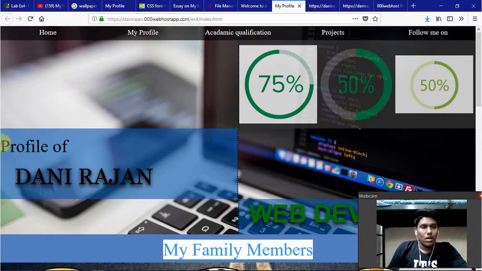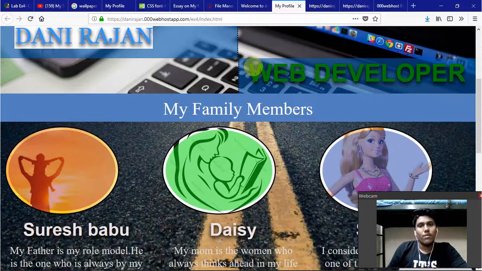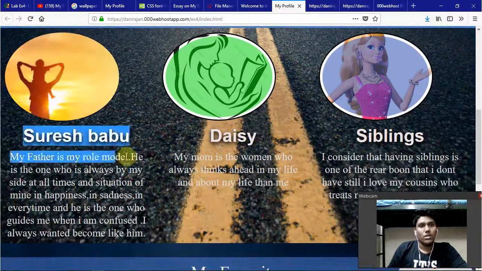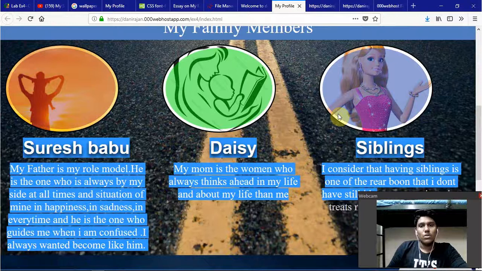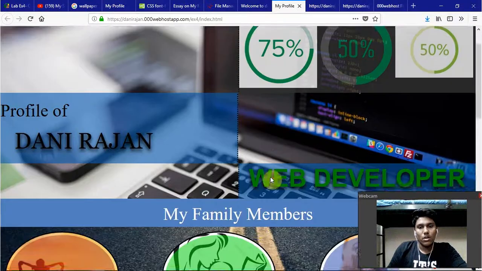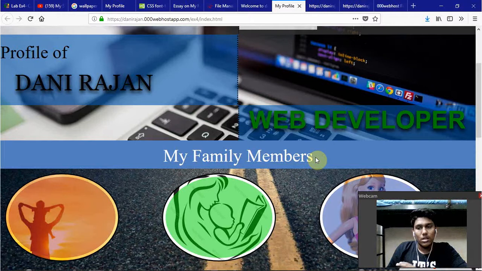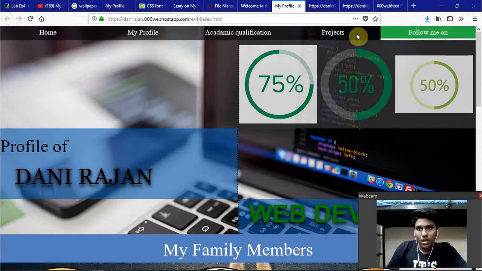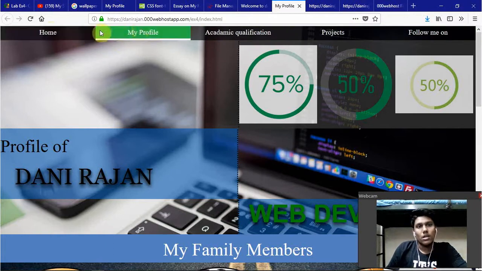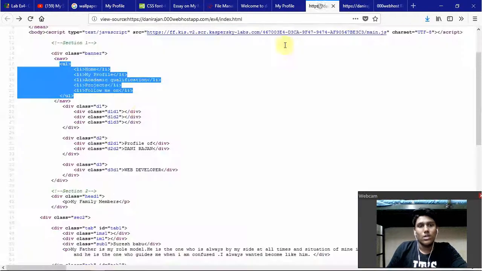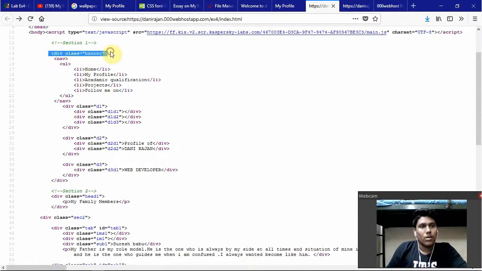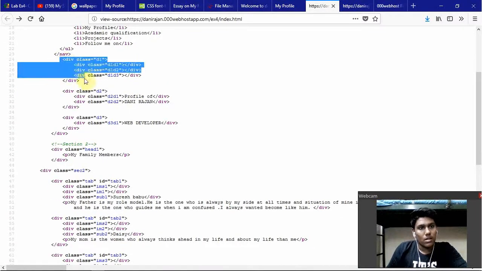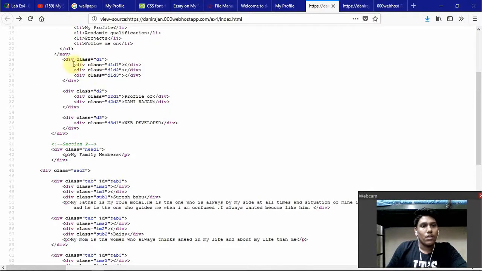The style for the profile name is different, the style for the occupation is different, the style for all these tags is different, and the style for this table is different. So I have created all these tags and paragraphs inside specific divisions with a class name. For example, this is a navigation bar, and I have created it inside a specific division. Inside a division with a class name called banner, I have created this navigation bar, and inside this division class called d1, I have created three more divisions,